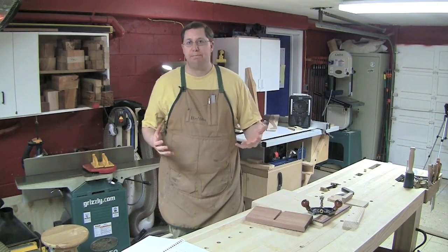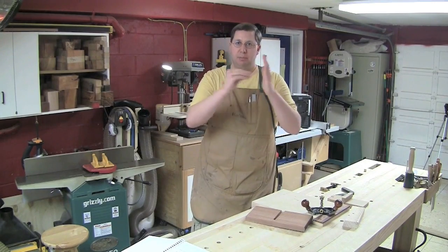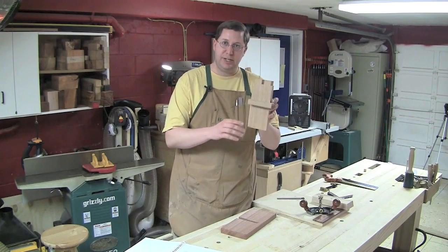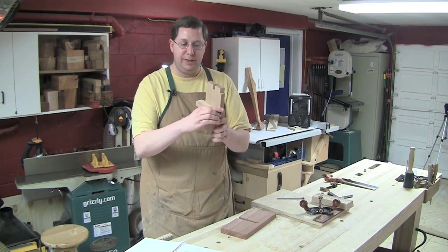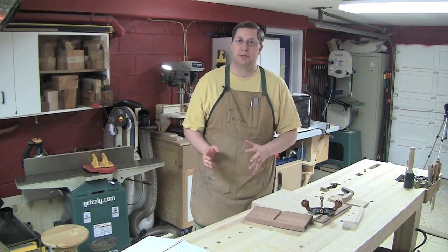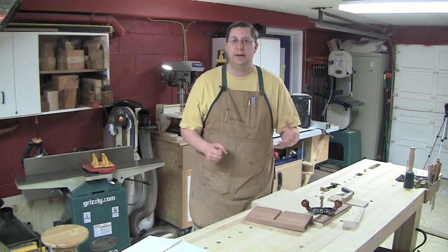The dado joint doesn't do a real good job because it doesn't resist pulling out of the case. Board is now attached into the side, yet this case has the full ability to move and expand up and down this sliding pin here. I want to look at two types of sliding dovetails: the straight untapered sliding dovetail and then the tapered version